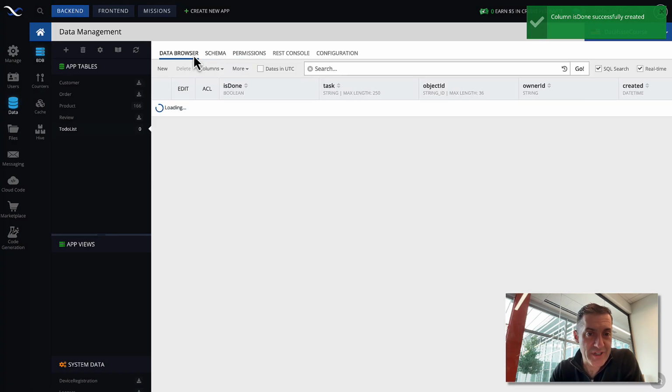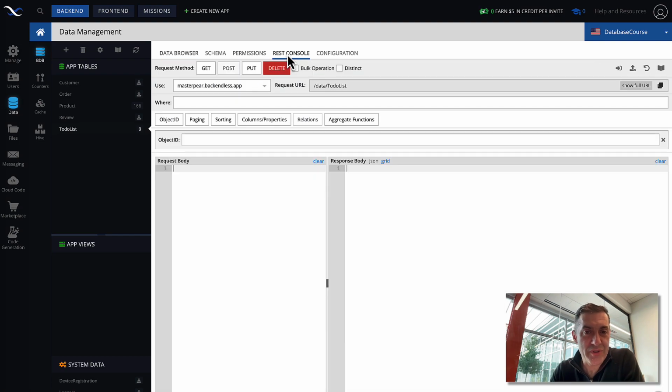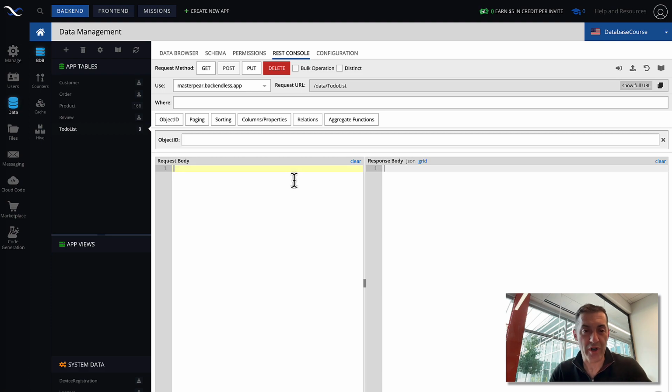Now that we have this table, and of course it is empty since we just created it, let's use the Bulk Create API in REST console to see how that would work. Since the API takes multiple objects, the payload for the API request needs to be an array. So we will start with a JSON array, which is square brackets, and inside of it, we will place our objects. Here we will have task, for instance, shopping. Since I already have is done property set to false, we can omit that, and by default it will be false. So that's object number one.